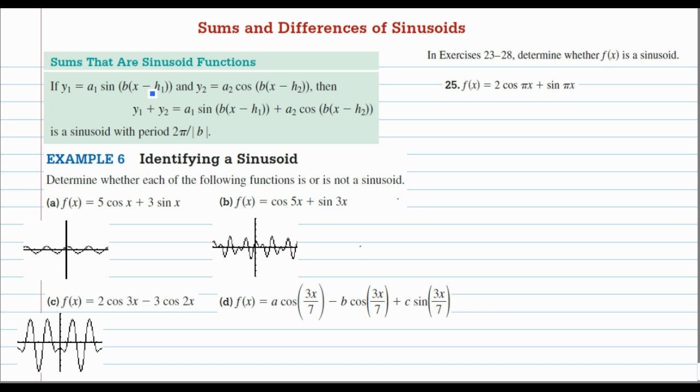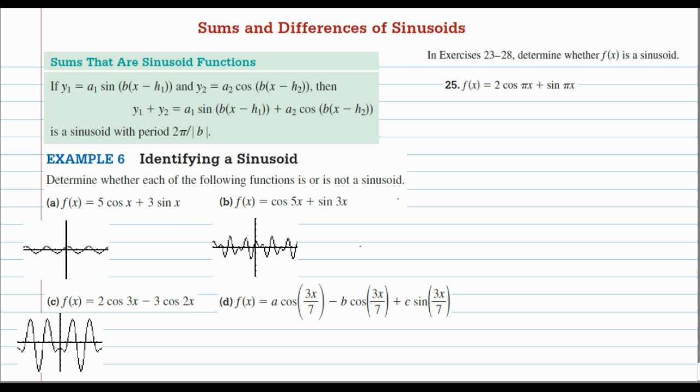The horizontal shift, left or right, can also be different, H sub 1, H sub 2. However, the B value, the horizontal stretch or shrink, has to be the same in both sinusoids for the function to be periodic. So if we look at example 6, I have pre-graphed these functions